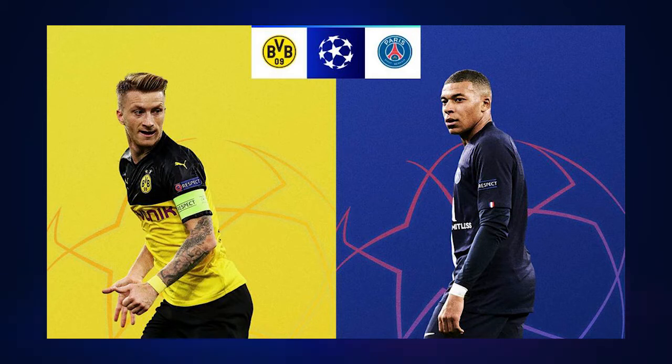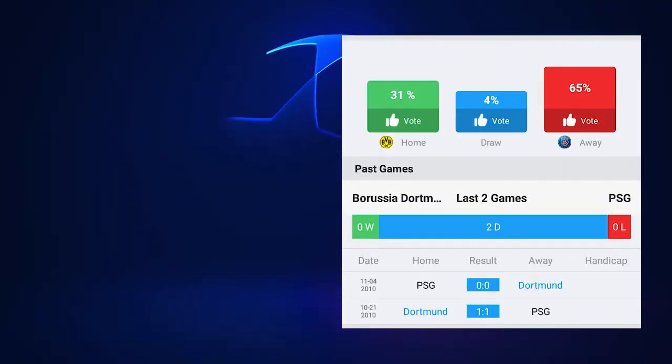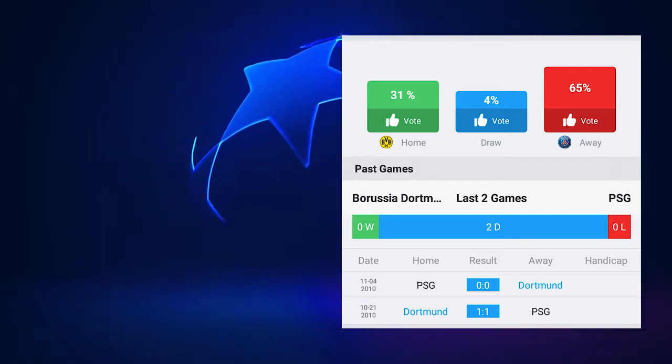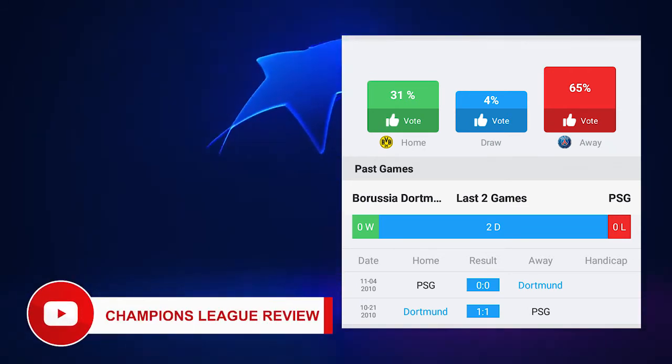You need to know that these teams have met in the Champions League before, right? In the 2010-2011 edition of the Champions League, they were in the same group. The first leg at Dortmund ended 1-1 with PSG. The second leg ended 0-0. So we know this kind of draw doesn't result in more goals.